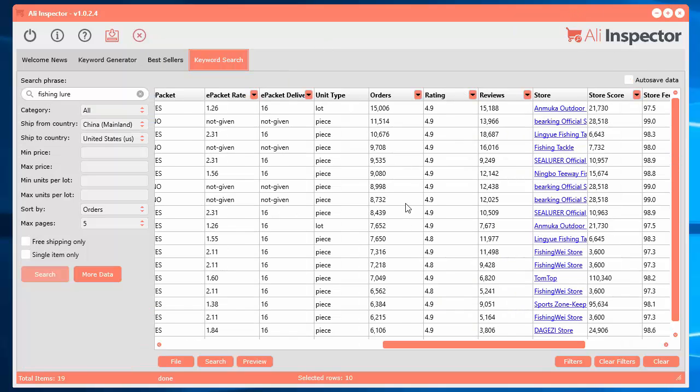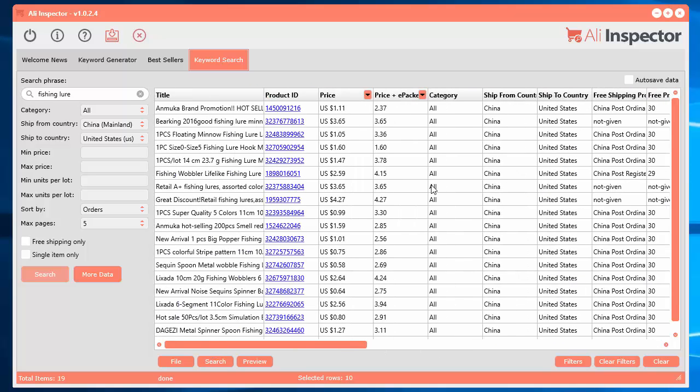You may have noticed that sometimes in previous versions, using the search, you'll hit search and nothing happens. Nothing is appearing. That's because AliExpress now requires you to log into your account sometimes, but not all the time. So I've developed a smart extraction function inside the software which will automatically detect whether or not you need to log in. Now I do want to stress that your login information is not stored in the software at all, with the exception of the